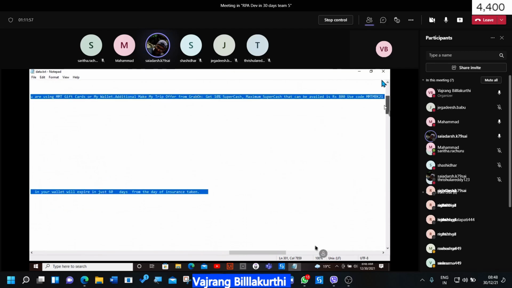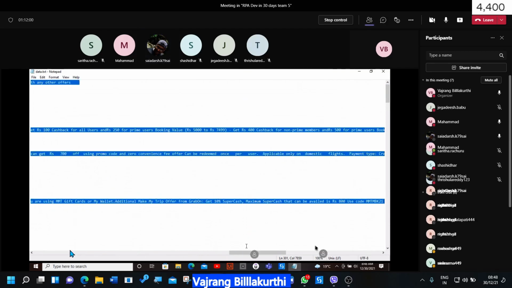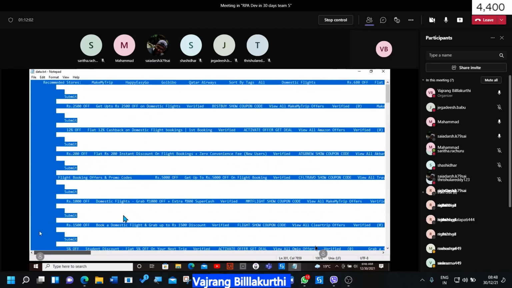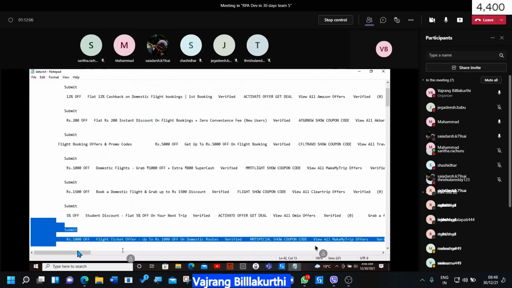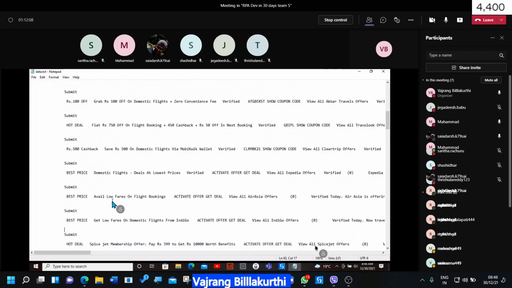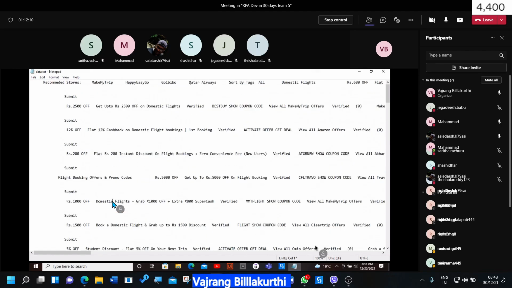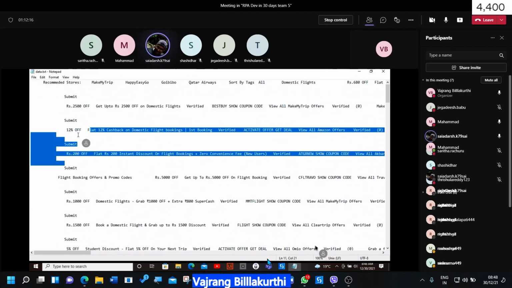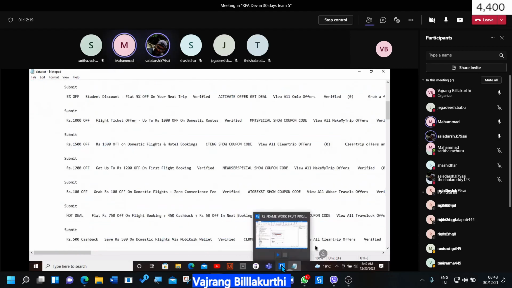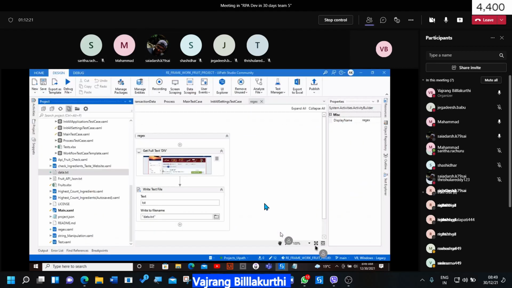Let's see. There is already a regex builder for our use. Let's take these four lines of text. Okay, let's go back and see regex.